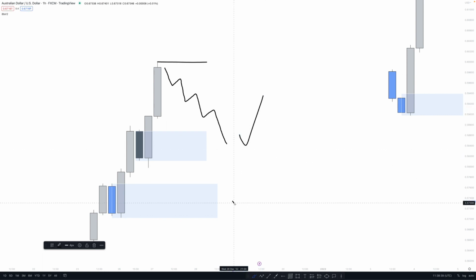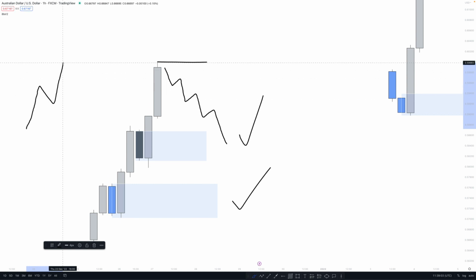And this is our double formation entry, because why? As you guys can see, we didn't have any retraces in the first momentum. We had only one retrace, and then a second impulse again didn't have any retraces, and we had a second retrace. And then again, this bit of price action didn't have any retraces. We didn't take the lows, we didn't take the highs. So you're going to see that we have impulse, we have correction, we have impulse. So this is your first order block.